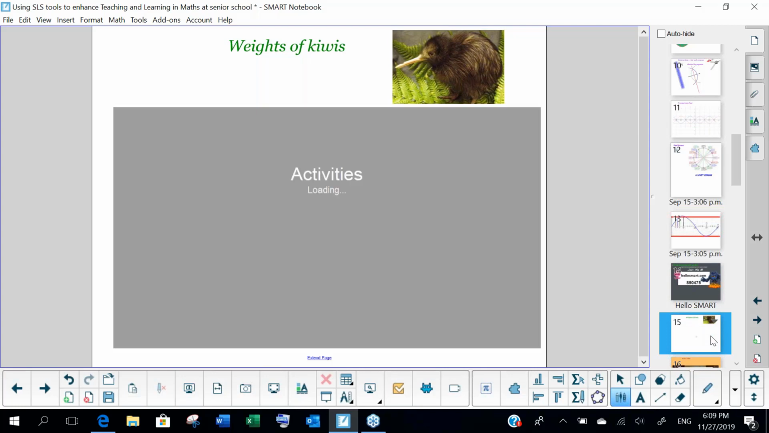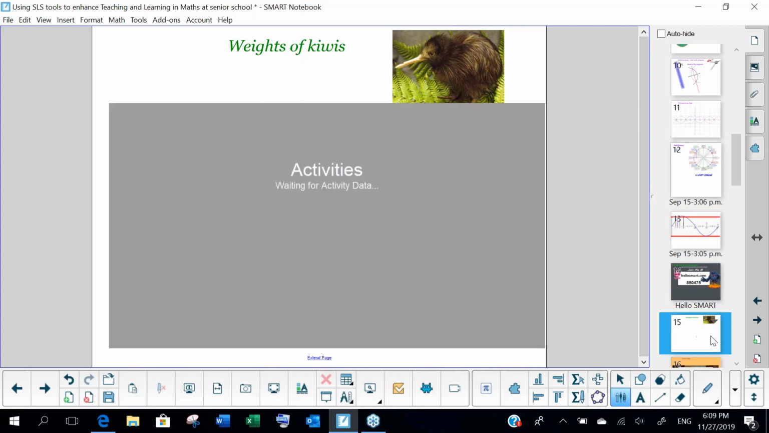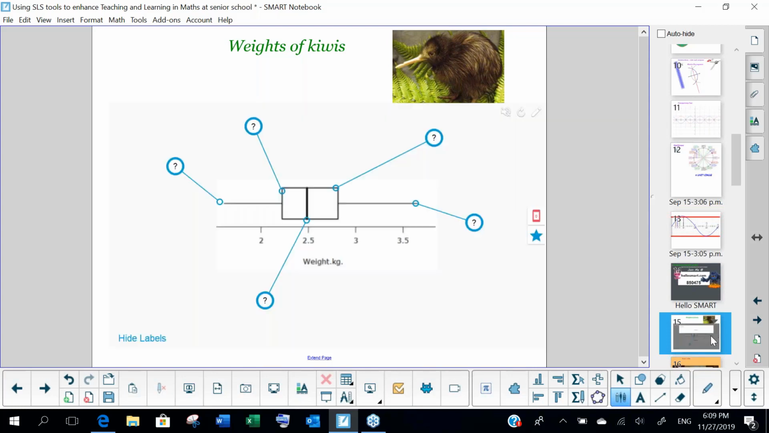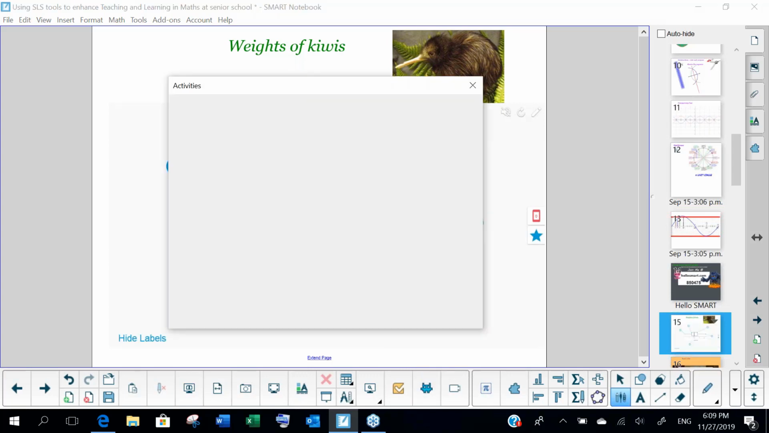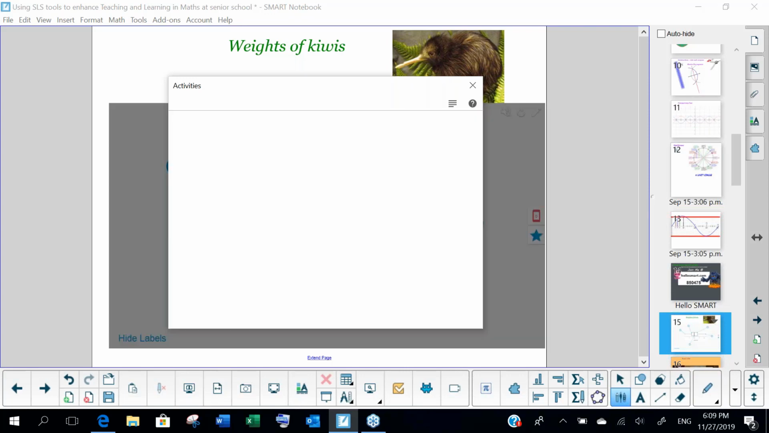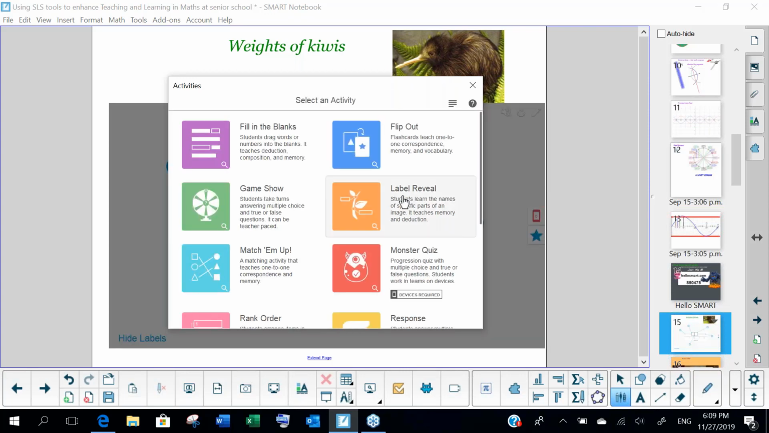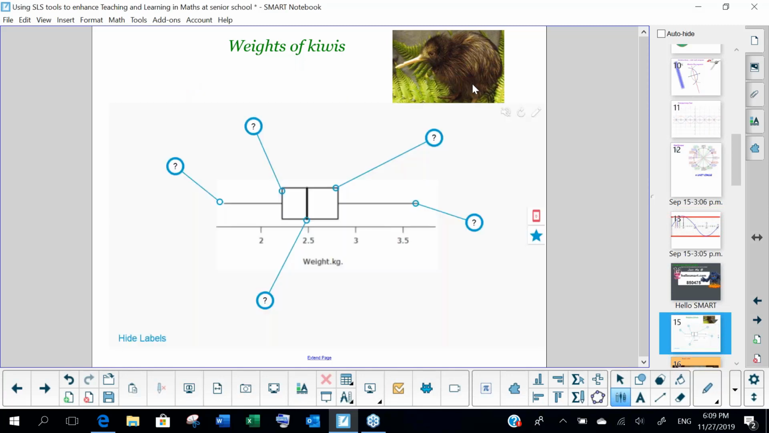Okay, so the labeling function is very simple to use. It's from the activities here. This is just the label reveal that I've got here. So I've brought in a picture of a box plot, and then we want to show all the different parts of the box plot. And so this could be an activity where you have someone come up to the class and they tap on a label,